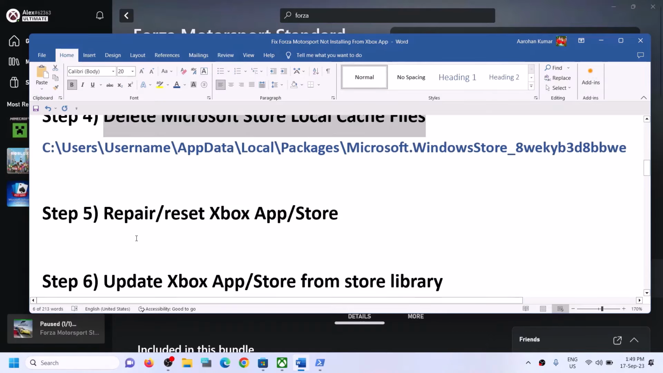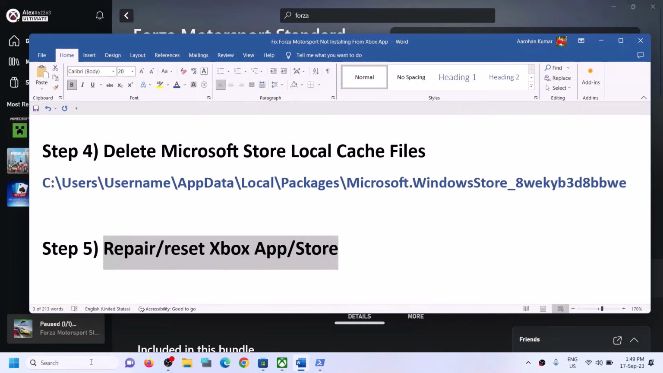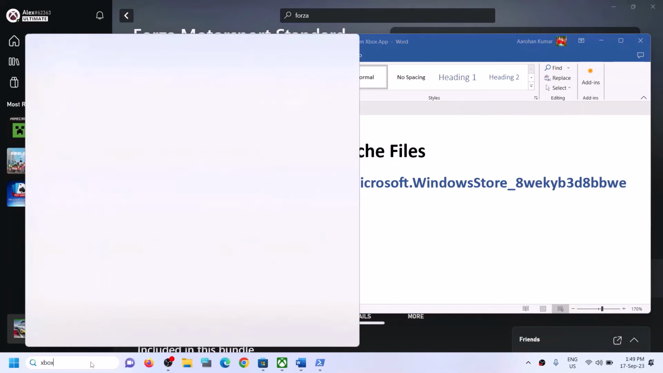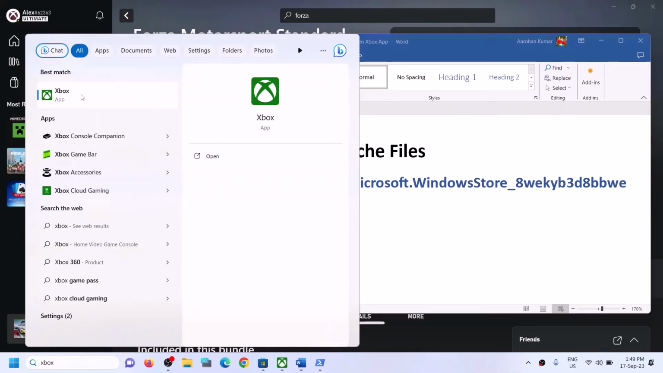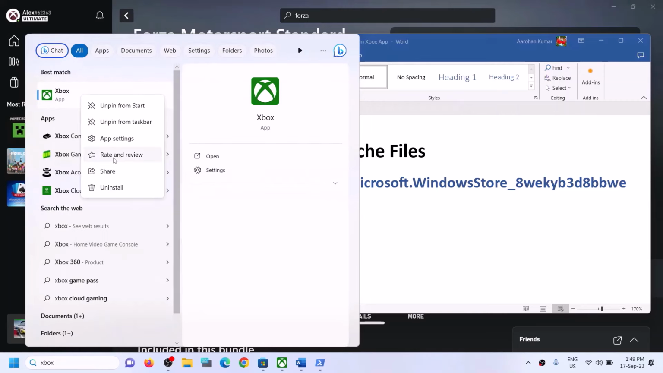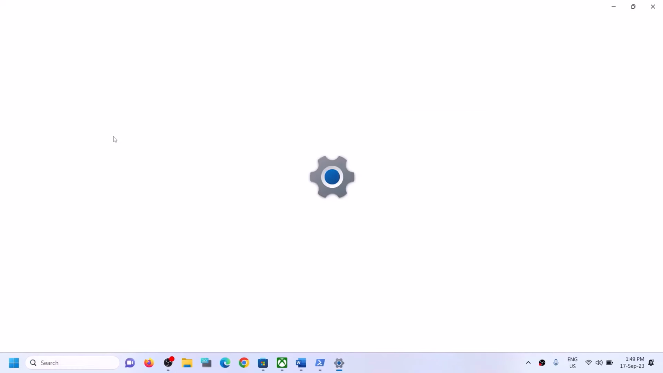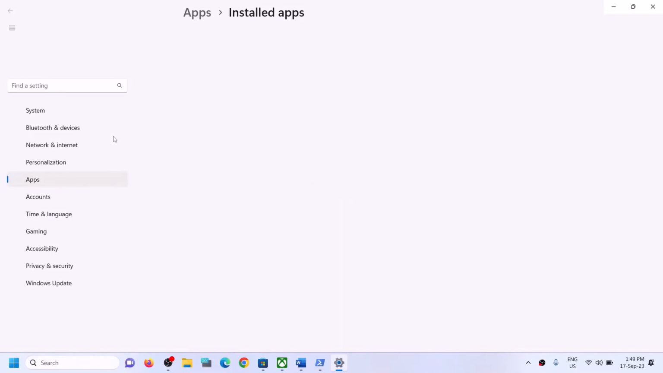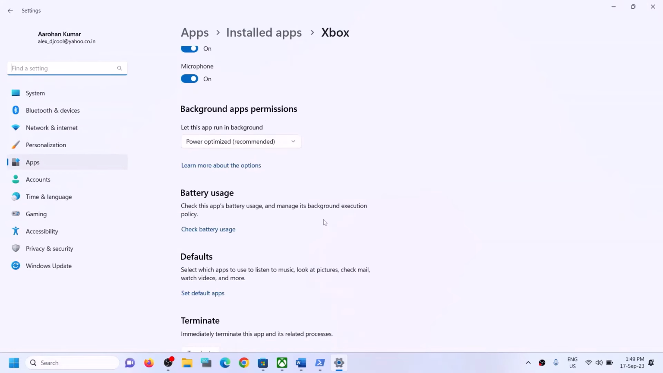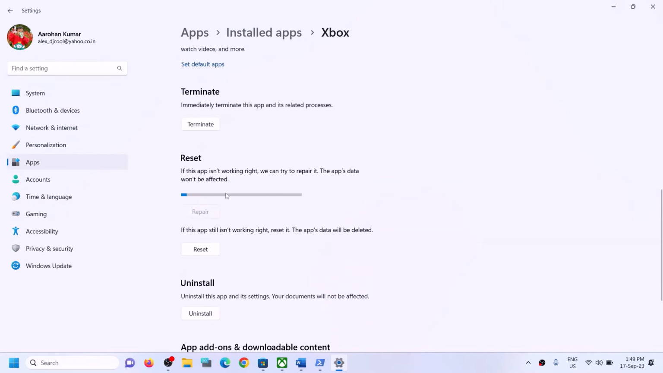Now the next step is to repair or reset Xbox app in Microsoft Store. So type in Xbox app in Windows search box, and then make a right click on Xbox app and then click on app settings. Now on this screen, scroll down and then you will see the repair option to repair Xbox app. Scroll down and over here you can see repair option, click on repair, and after the repair you can try